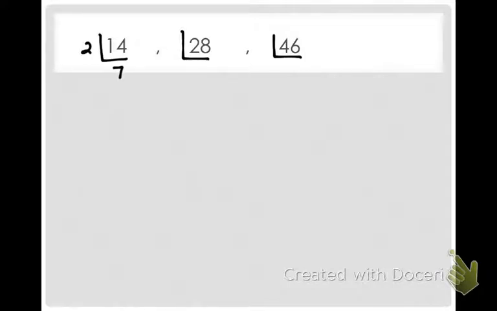2 and 7? Is 7 a prime number? Yes. Very good. So we're finished. Who would like to do 28? Katie. Okay, so it's going to be 2 divided by 3 and